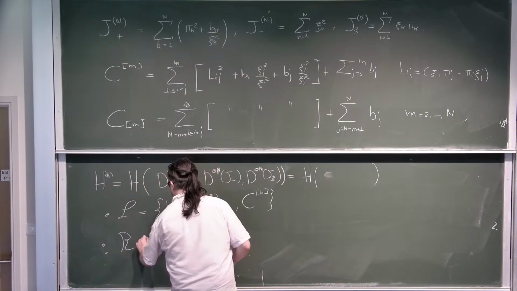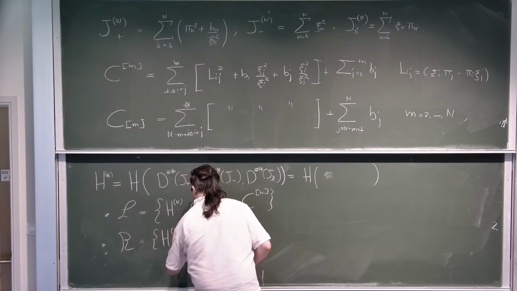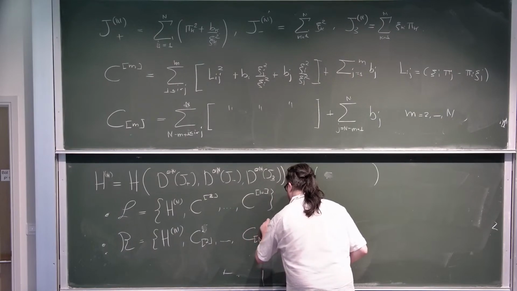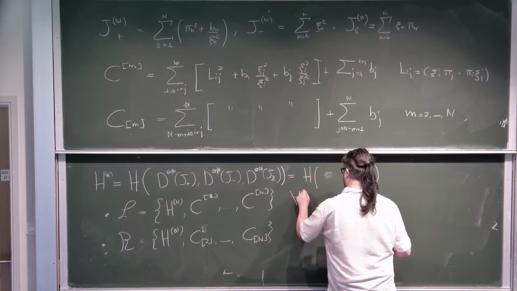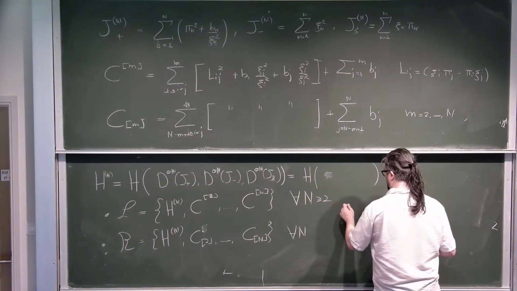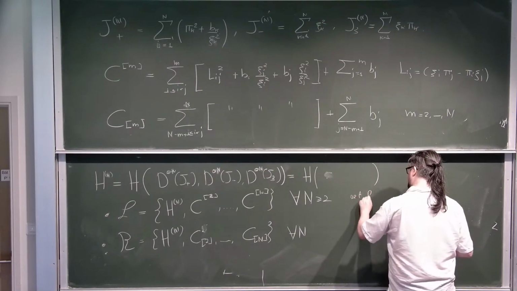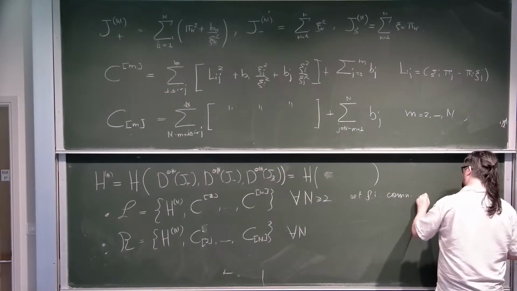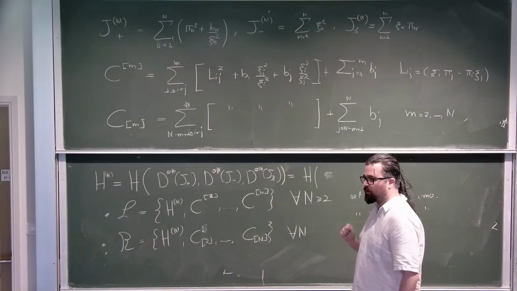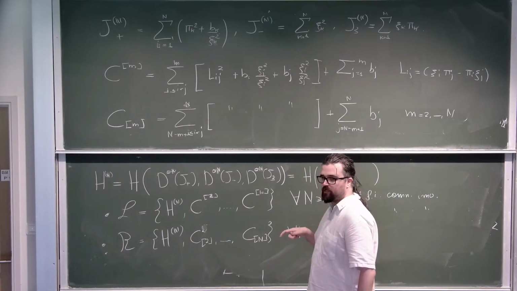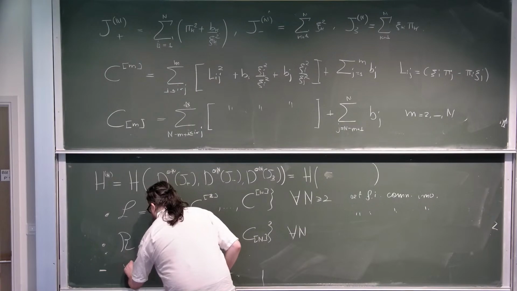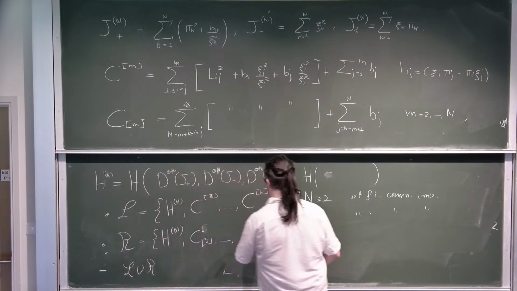And then also the other set, which is the very same, C_2 up to C_n. So the claim is that for every n greater than 2, this is a set of functionally independent commuting invariants. And actually it gives a little bit more, because if you do some additional computations, you can prove that the set, which is given by L union R, noting that just the last two are the same,